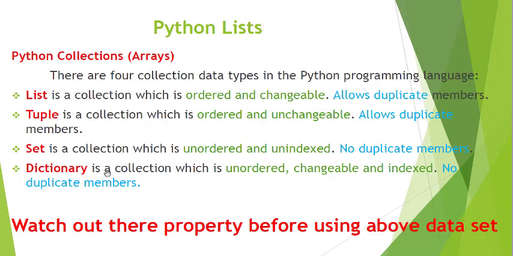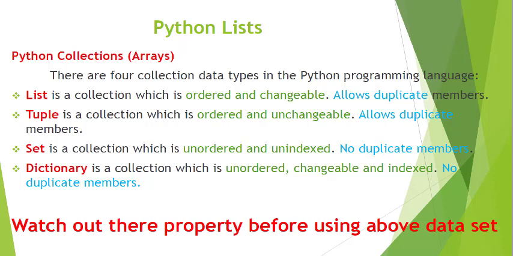Like we have the associative arrays where we have a key and we have a value. So we don't need an index. We only need the key. On the basis of the key, we can go anywhere in a dictionary, right? It's changeable. You can change it. It's also indexed. In a set it's not indexed, and in a dictionary no duplicates, or in a set no duplicate members are